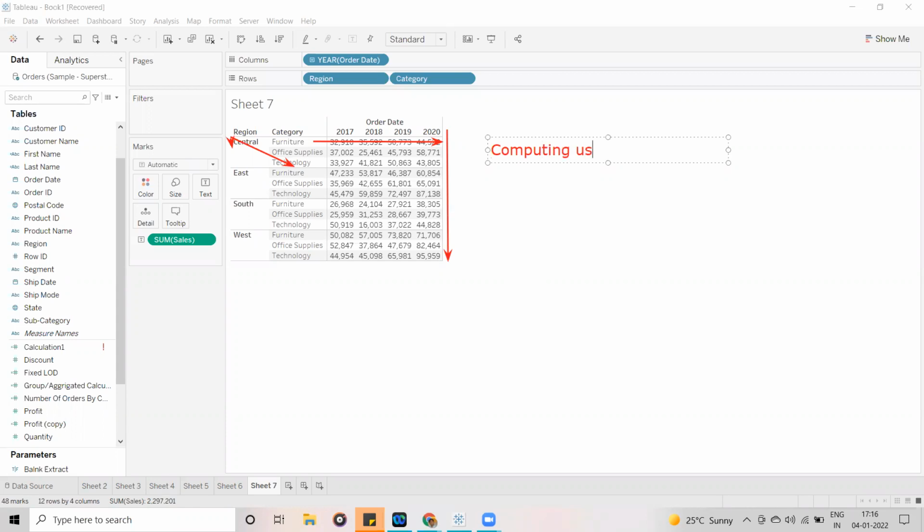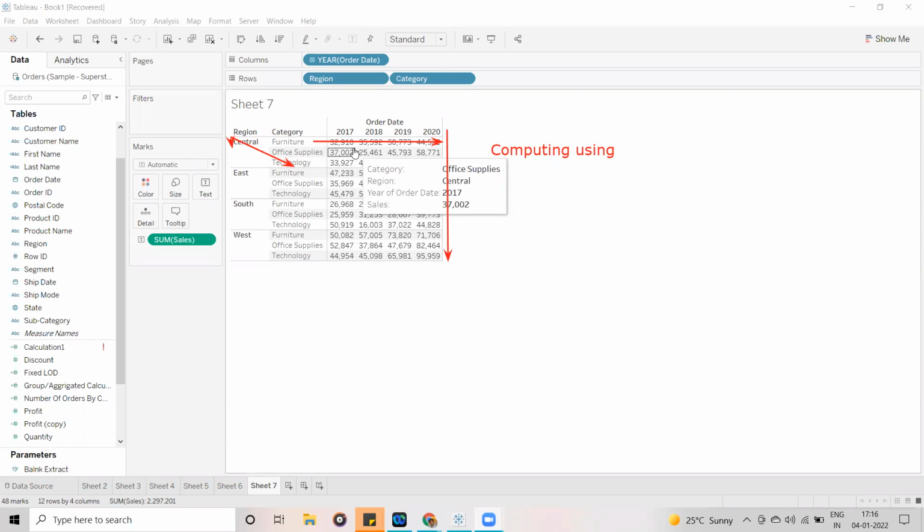The main purpose of the compute using option is to specify based on which dimension, or how, you want to apply the calculation on the available data, and in which direction you want to calculate.